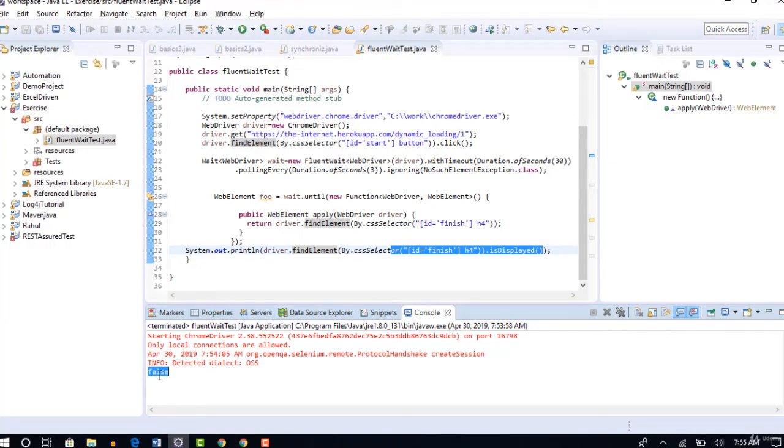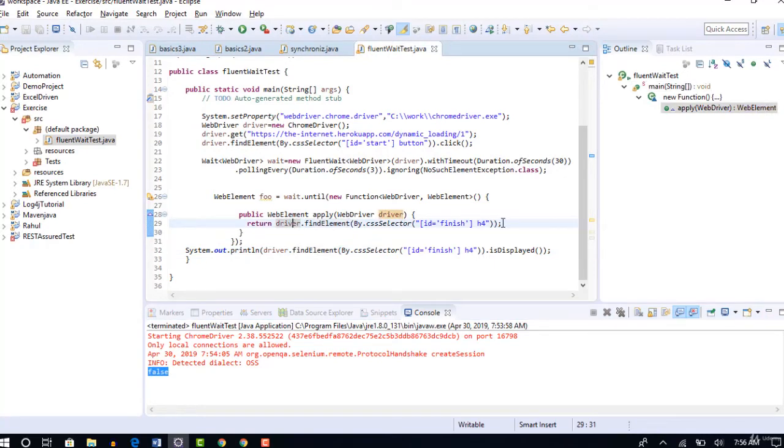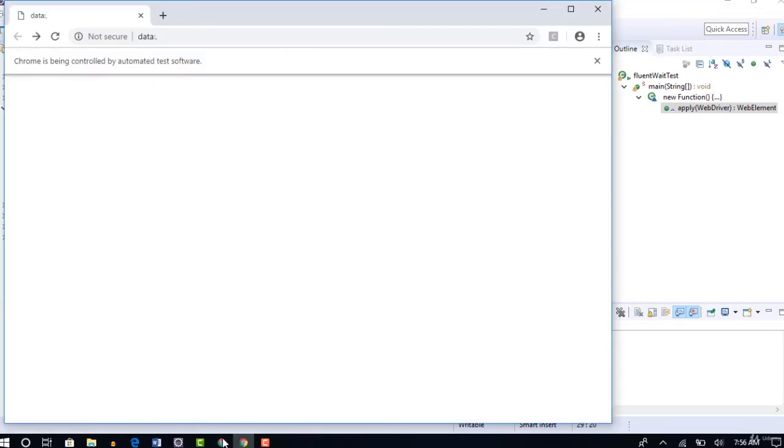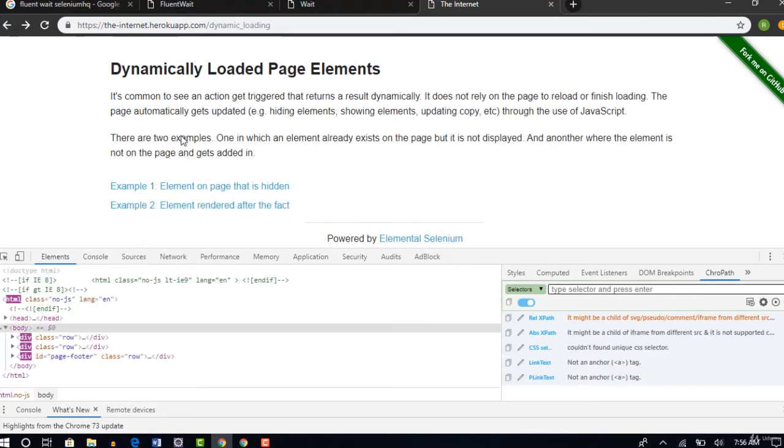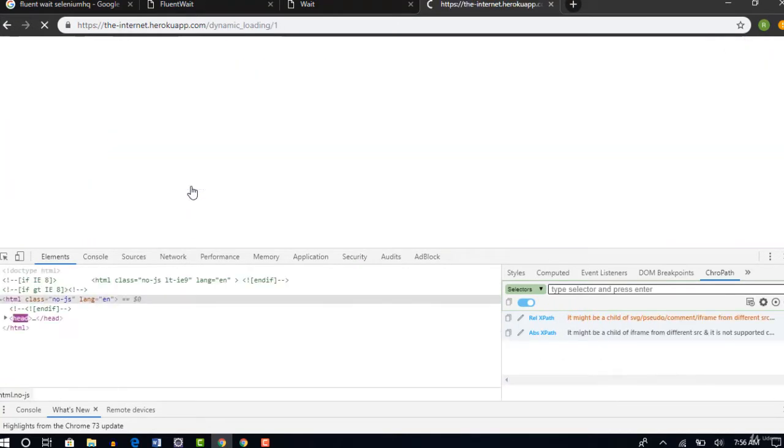That's what it means. Okay, so here we told that if it found, return. So it found on the first step only. When you click on the start button here, it found on the HTML, but it is not in the visible mode.